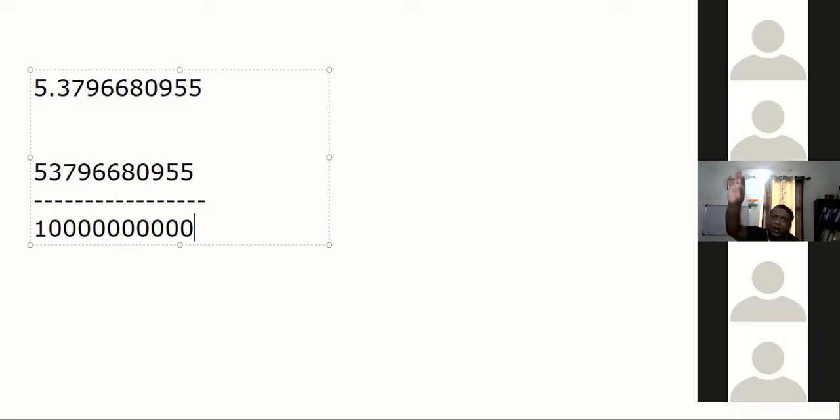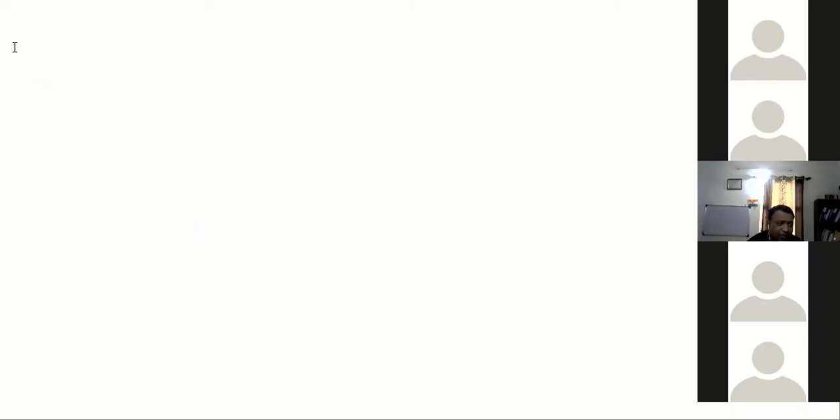Yes, root 3 equal to a by b, a और b दोनों integer हैं. Go by basic definition of. No, I don't have time now. If you want, I can, because only 5 minutes, we can try, but then I will not be able to take more questions. Suppose Asta is saying, sir, this kind of question. Prove wale question we are not doing because in the book everything is mentioned step by step. But still, let's do one question with Asta.